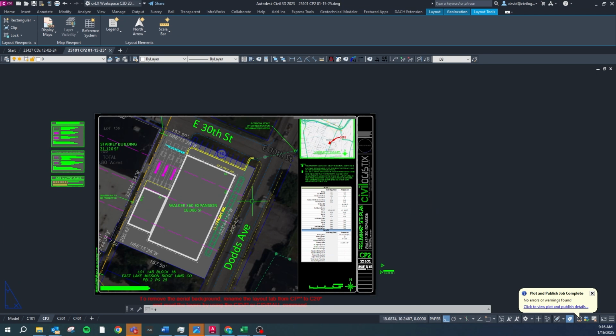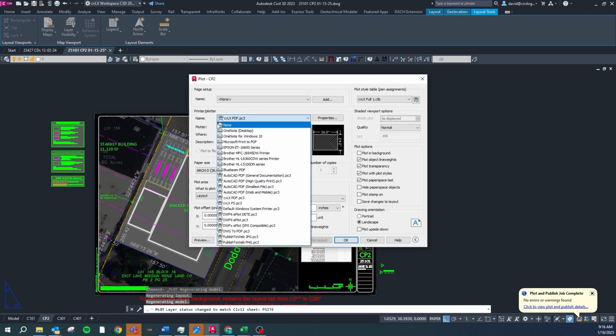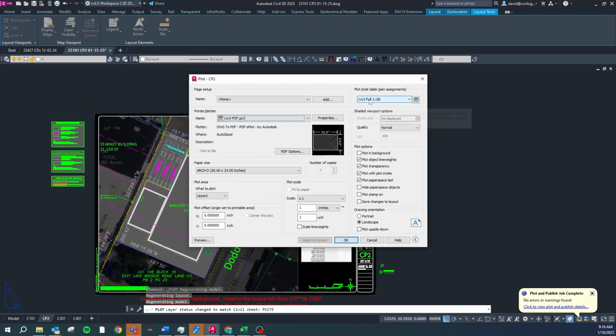Here's a quick tip. When you're plotting your drawing, verify that your layout tab name matches your sheet name. Click the print button, and then make sure the plotter style selected is the CVLX PDF, and then the full-size Civil Logistics Full-Size